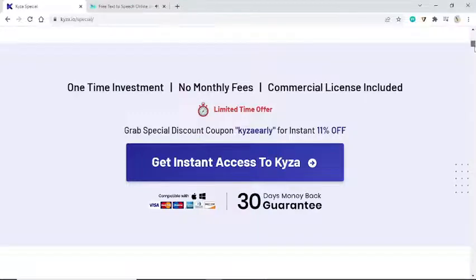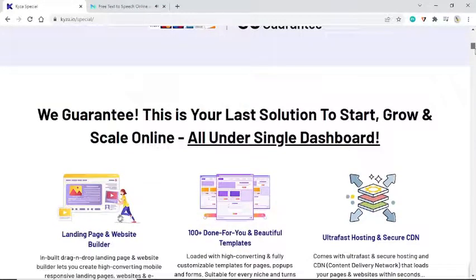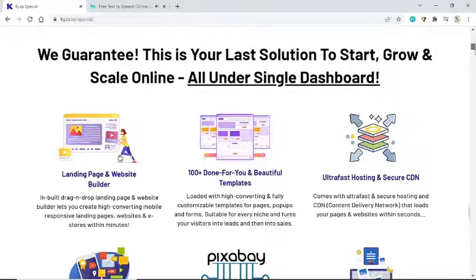We guarantee, this is your last solution to start, grow and scale online, all under a single dashboard. Landing page and website builder. Inbuilt drag and drop landing page and website builder lets you create high-converting mobile responsive landing pages, websites